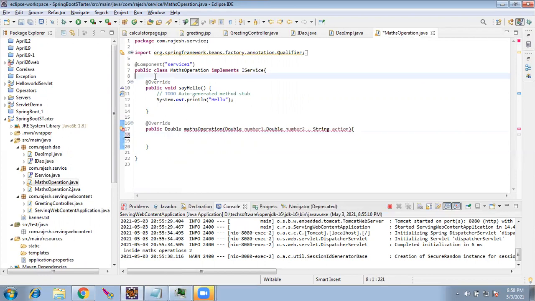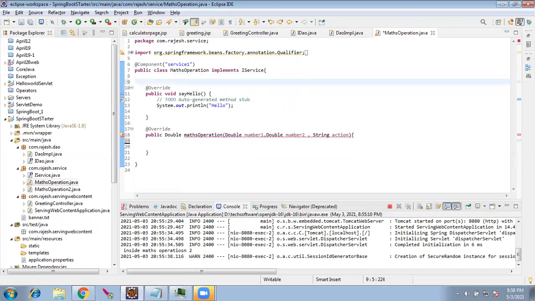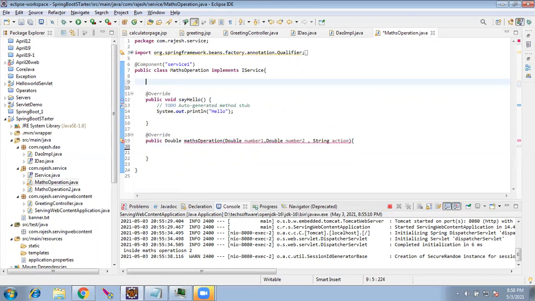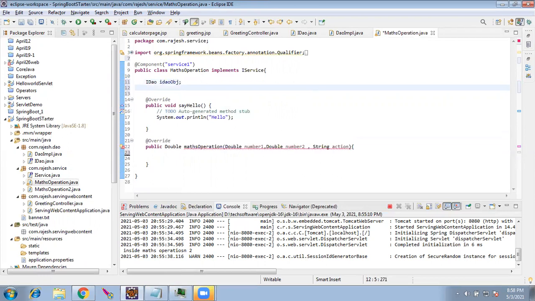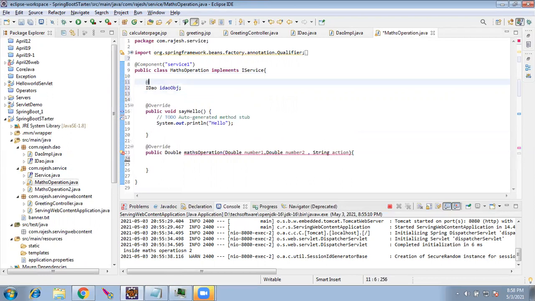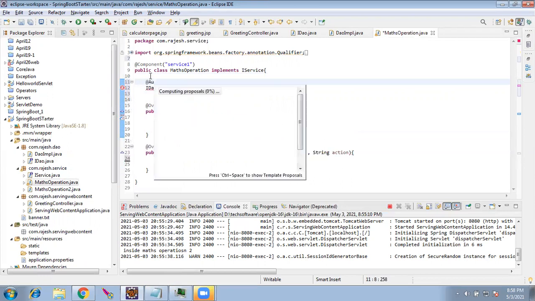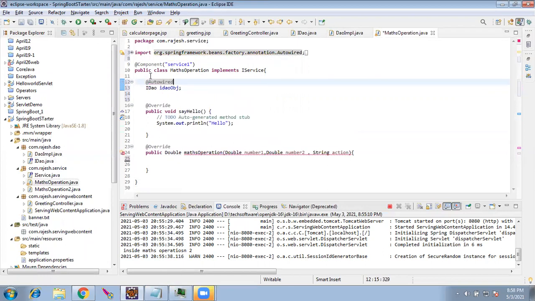All I have to do is declare, sorry, not create, declare an object of IDAO, and there is only one implementation. So I can just give auto wired, and auto wire has to be from the Bean factory annotation auto wire. Just ensure this.